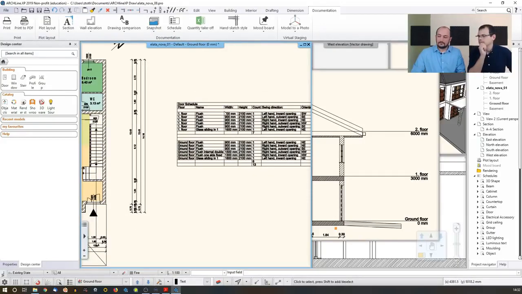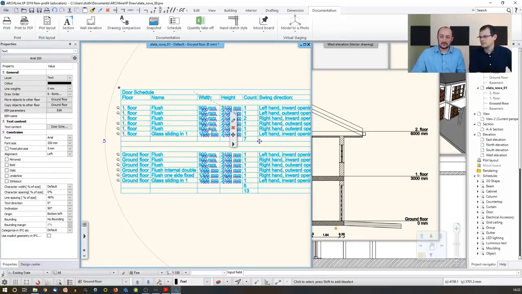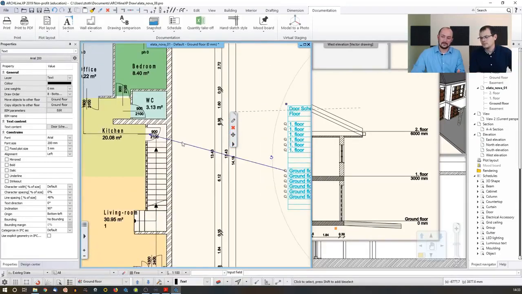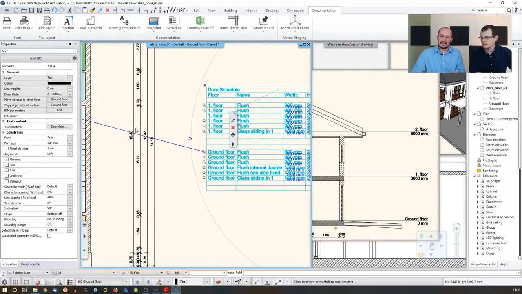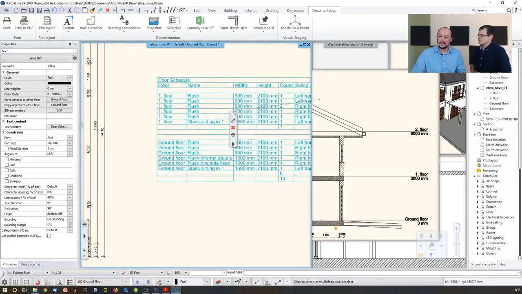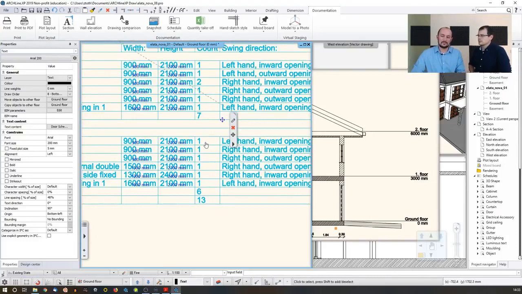What can we do here? If I select the schedule, I can see blue items. Those are values that can be interacted with, and there are also those tiny magnifiers. So for example, if I would like to know what door we talk about when we talk about this one, I can click on this one, and the software indicates that the door appears over there. So what can I do with that? It's collecting the information like the width and the height, and I can see the same values here, and I can see that there is only one copy of this specific door appearing